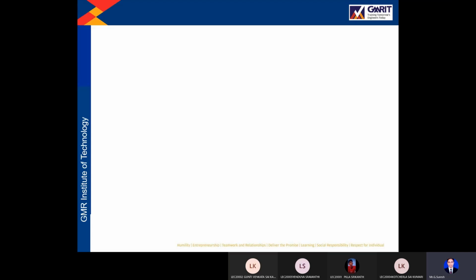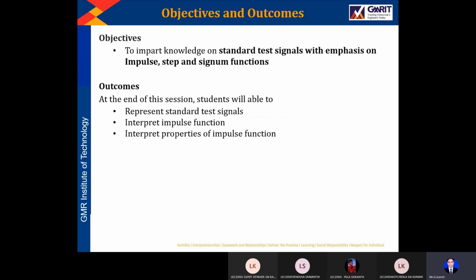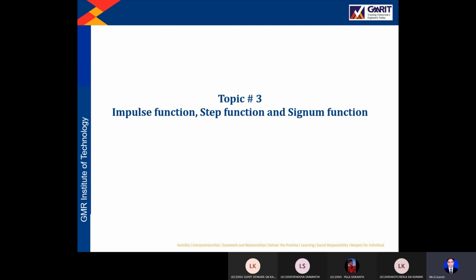In today's class, we will be looking at some standard signals such as the impulse function, step function, signum, sinusoidal signals, exponential signals. Why we are calling these the standard signals is the point, because whenever we build a system, whenever we design a system, we'll be